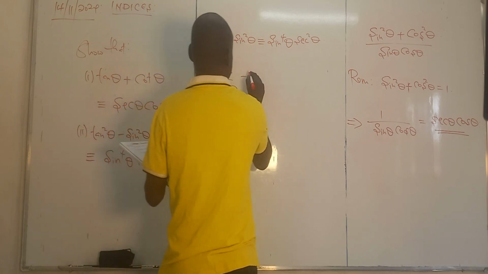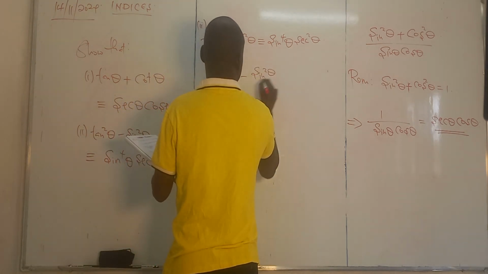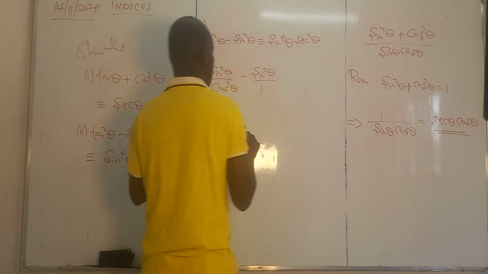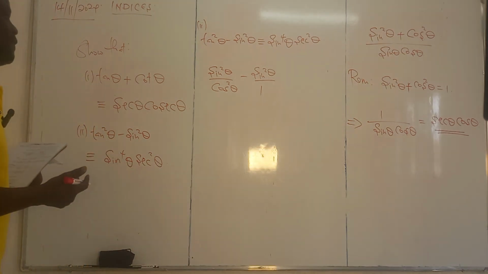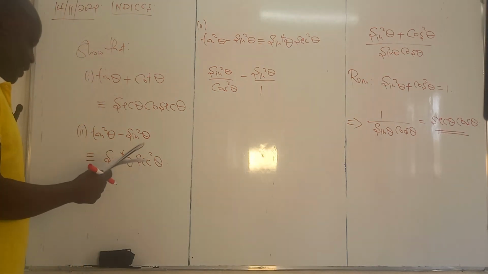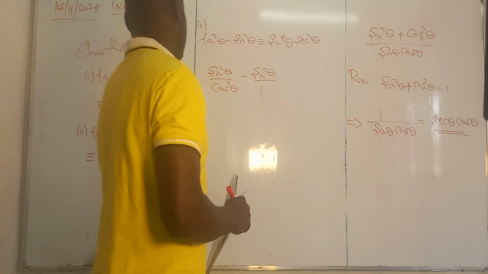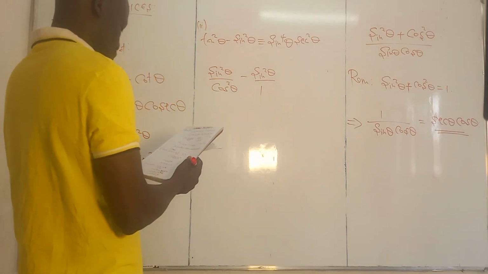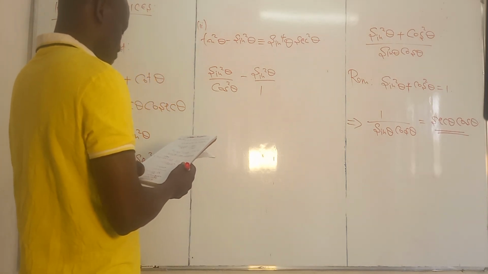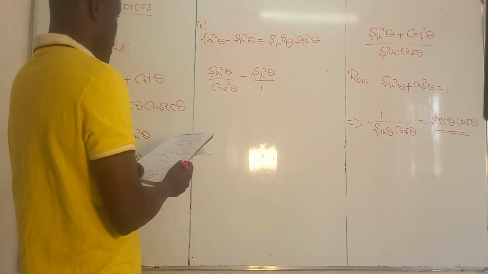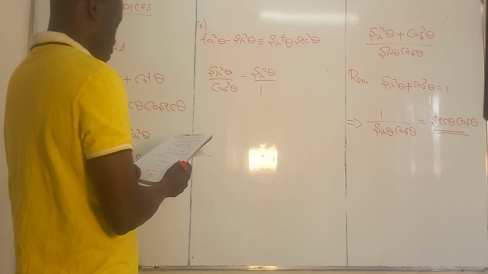minus sine squared theta as such, but now I say over 1. And so I need to simplify that. And to simplify this, being that I have sine squared theta over cos squared theta minus sine squared theta over 1, it means already that from here, it's possible